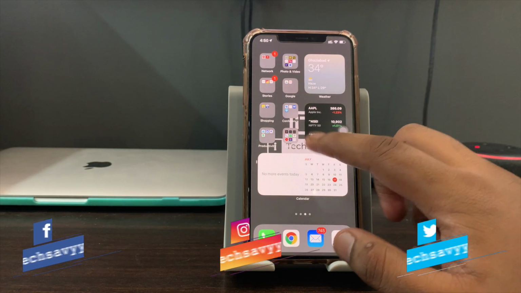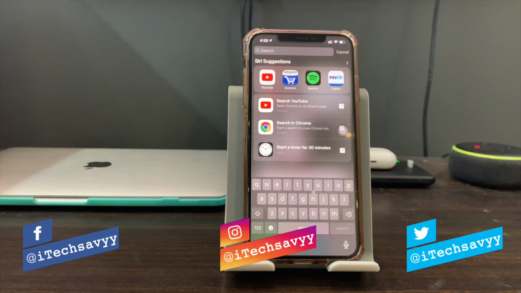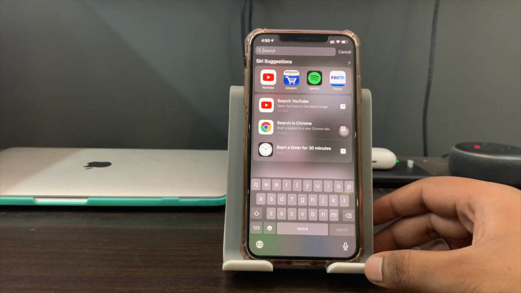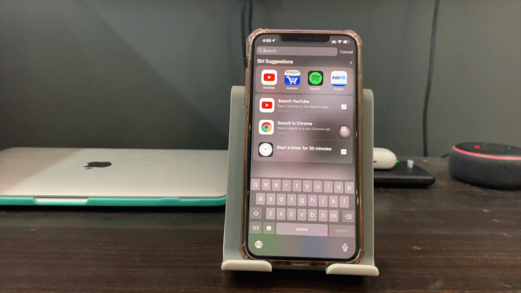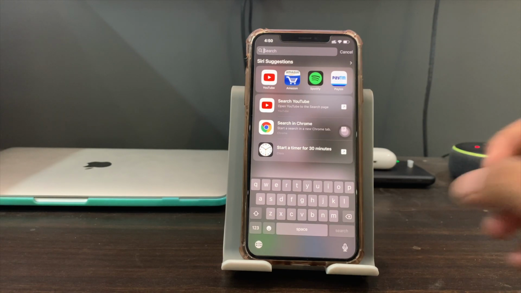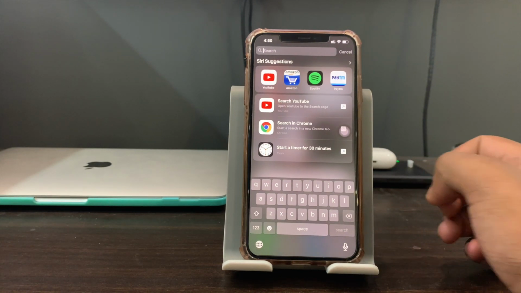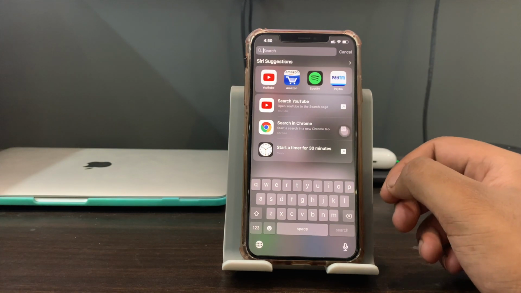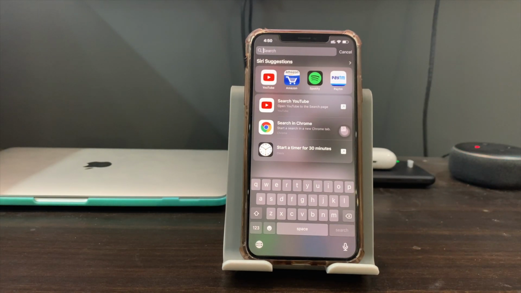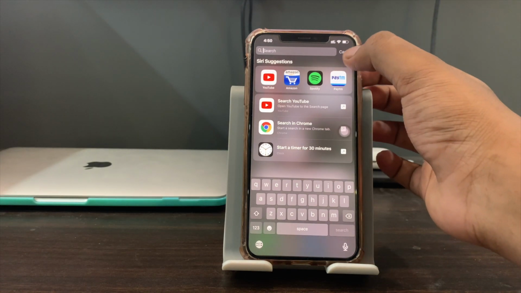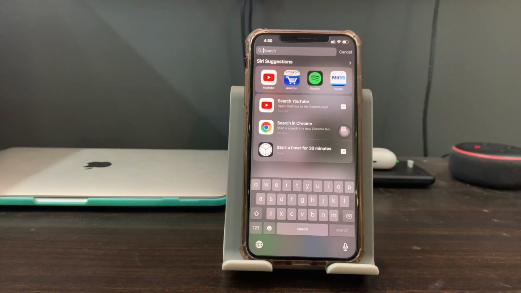Okay, so now let's talk about search. So now search has a different interface. This new interface looks much cleaner and richer, and the colors are much richer. Also the change in this interface is that all the text has been enlarged, and also now you can see an arrow here instead of show more and show less like it used to be in iOS 13.